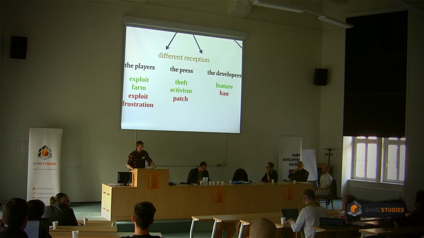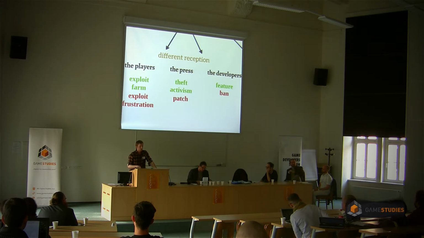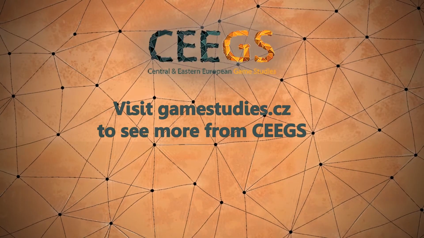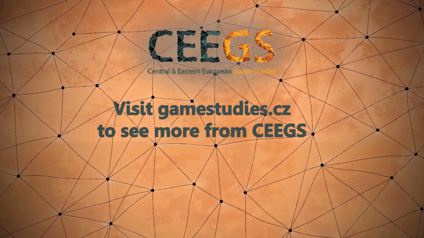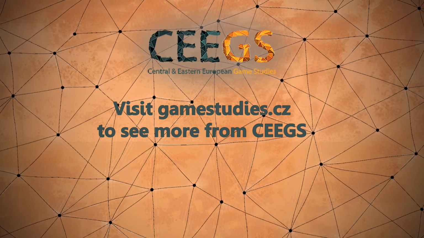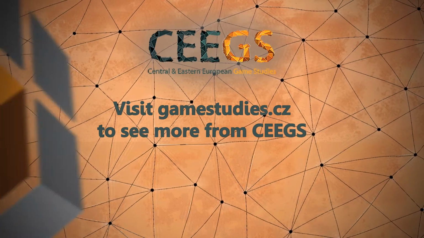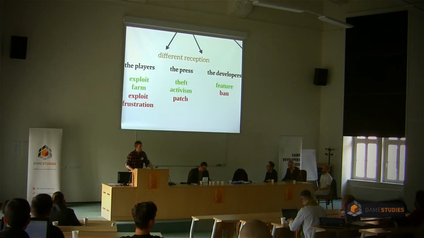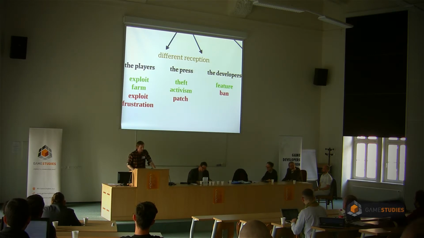Then, looking at the press, it's important to know that the Dead Space glitch had received much wider coverage, especially because of the article which BBC ran, which suggested that the use of the Dead Space glitch could be a theft. But on the other hand, other articles framed this same activity as activism aimed against the microtransactions. There was only one article concerning the Mass Effect glitch, and it only talked about it being patched, and that is a good thing for the community and for the multiplayer.